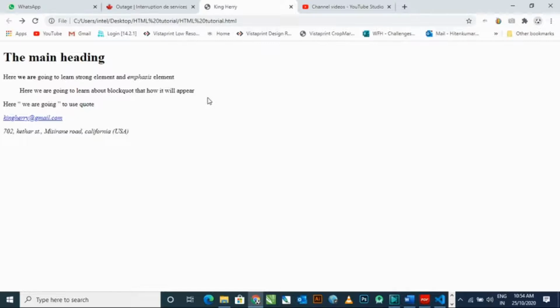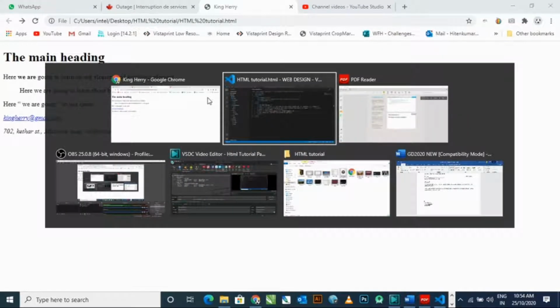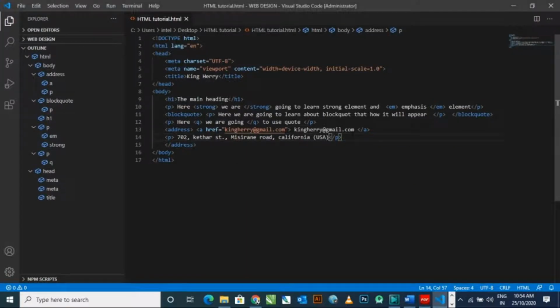Now another element, delete and INS, that is, how to remove any particular word from your paragraph. So the delete command is very useful. Here I am showing you. Simply I am typing a normal paragraph.